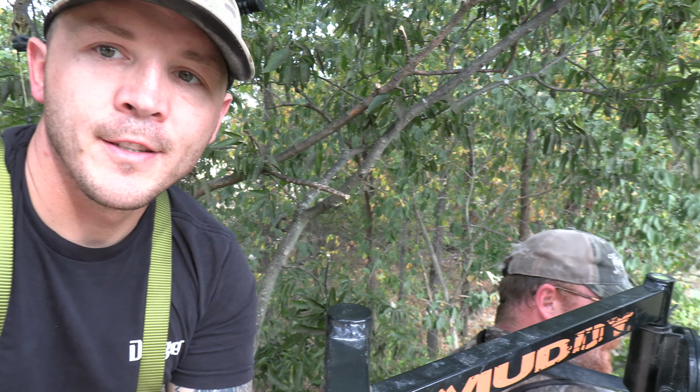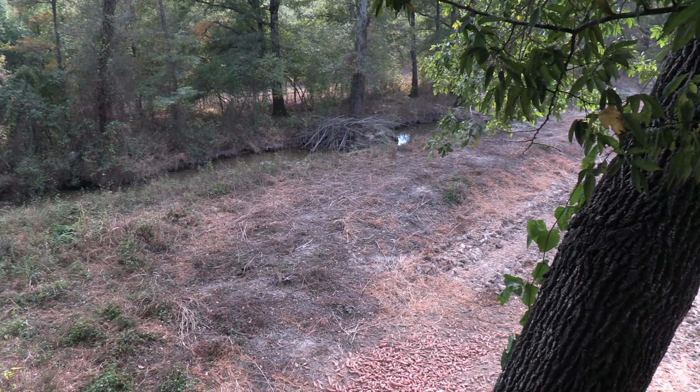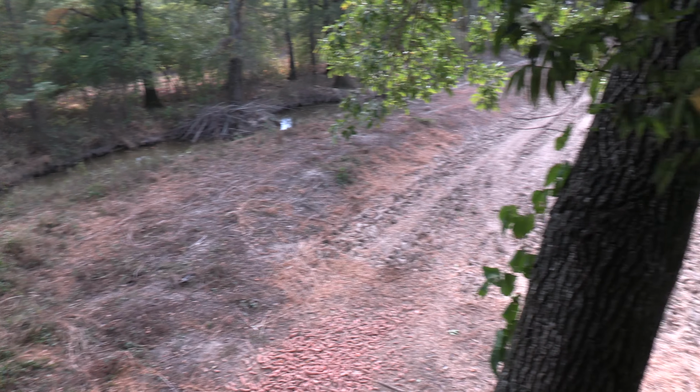Alright guys, got me. You can't hardly see Eric down there. There he is. Somewhere up in this tree. It's about 3:30. We're set up now. We did get set up in enough time to kind of give them a little while to get quiet. Maybe we didn't bump them before they got up here close, but